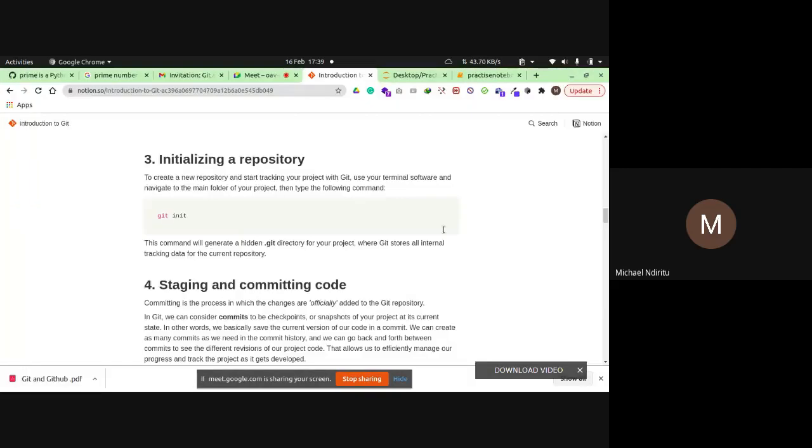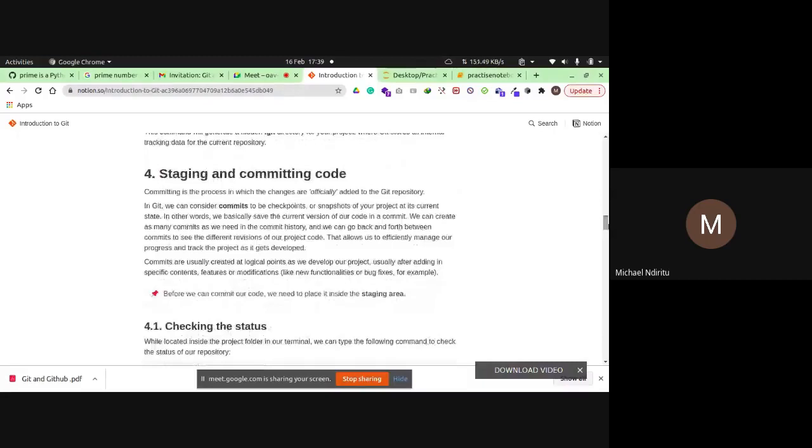Now in Git, there's something called a commit. A commit is like a checkpoint. When you finish a certain part of the project, or you're done with a certain feature and you want to save it, you commit it. You can commit it in the local machine, and then that commit is what you're going to push to the cloud version. So let's go to our next step.